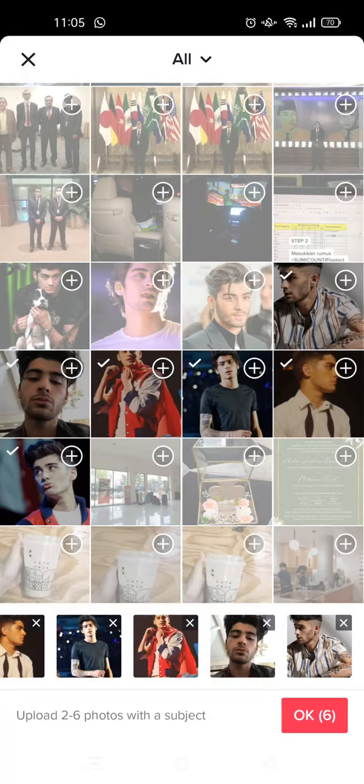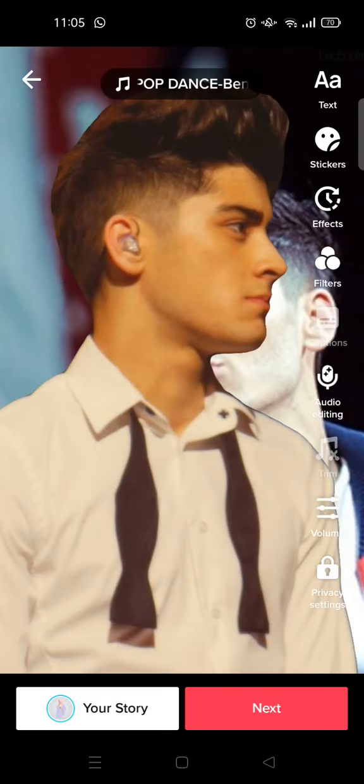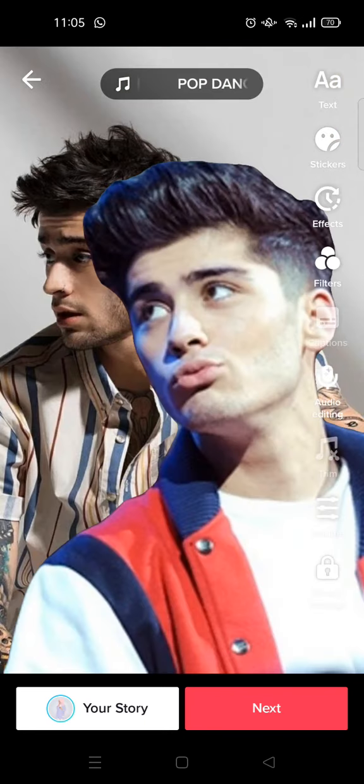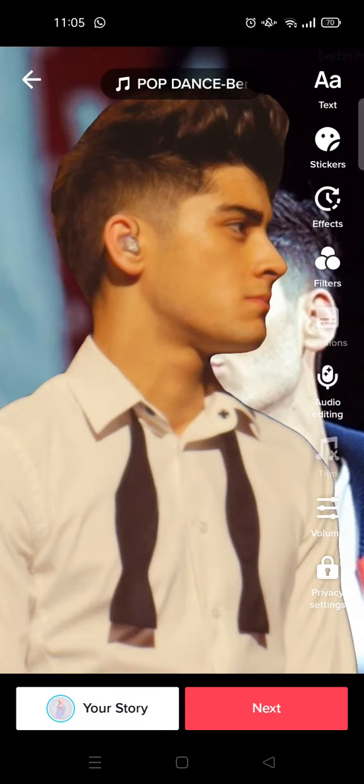Okay, so here I'm going to choose 6 photos, and then click on OK, and now it's applying the effect. And here is the final result for the template, and if you want to post it, you can just click